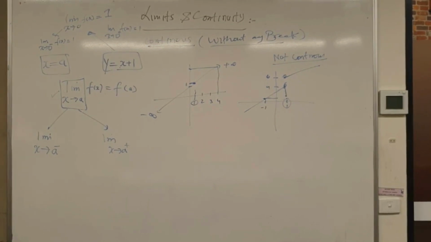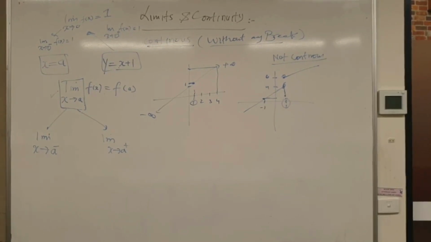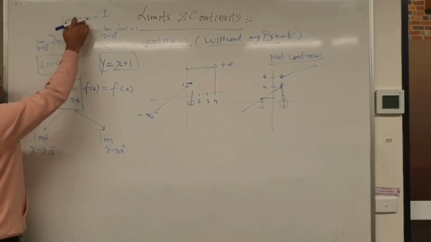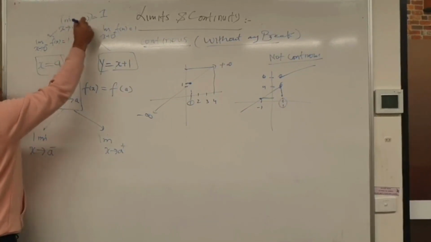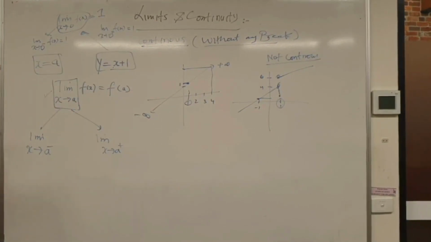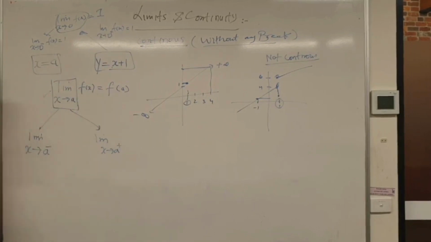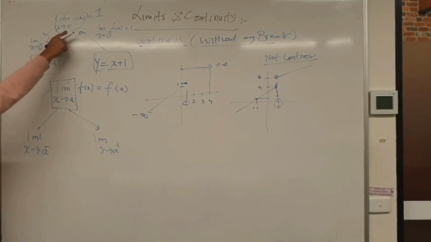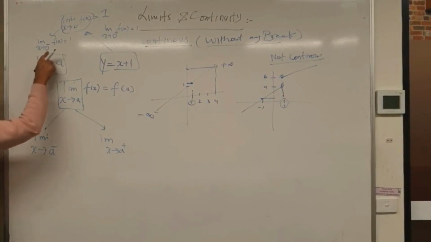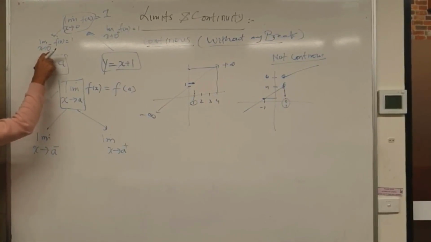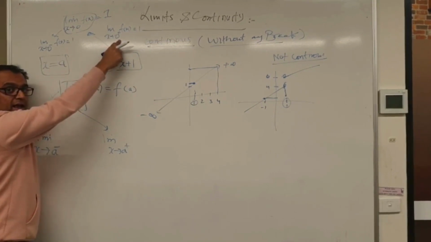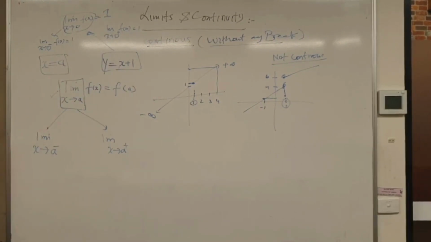There won't be any difference. That is why I don't write these two expressions at all. This just means the function is continuous. If you get a different value here and a different value here, then the function is not continuous. Let's take